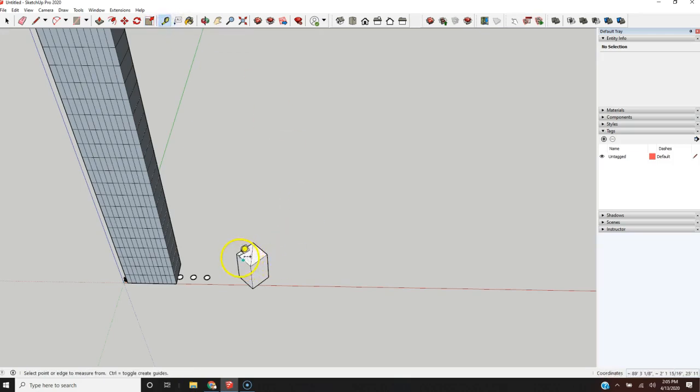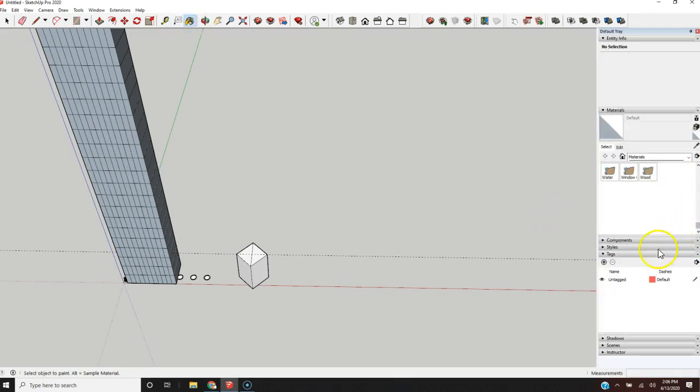These are tape measure, so if you want to measure the distance from here to here, it'll tell you the distance. You'll see the length on the bottom right-hand corner says 21 feet, 8 3/16 inches, right over here. So, yeah, now it says something different. This is text if you want to actually draw a text label. Paint bucket, if you want to paint something with a material, you can go to the materials and they're all right here. Like if I wanted concrete,